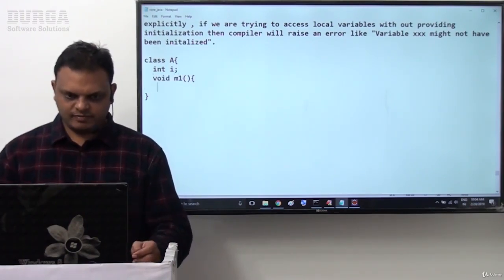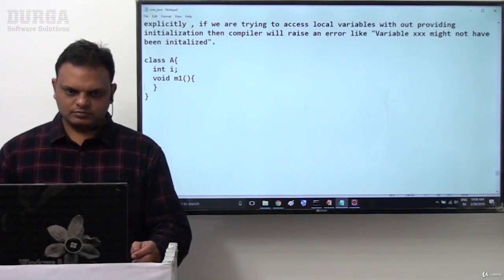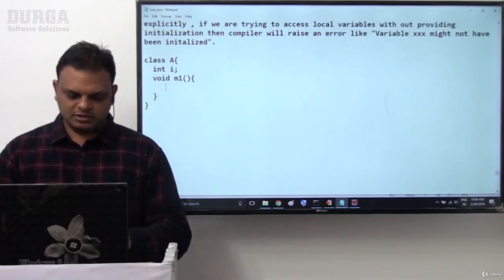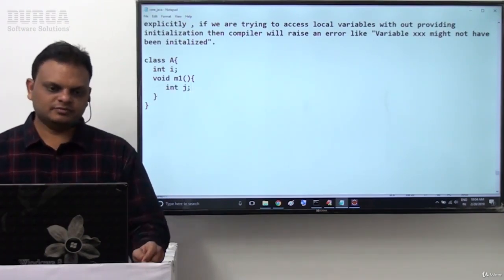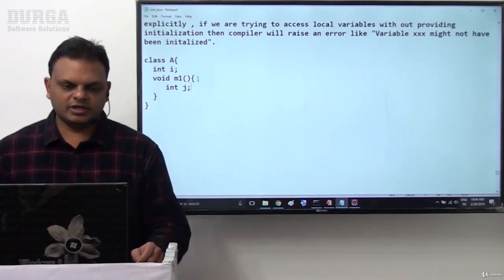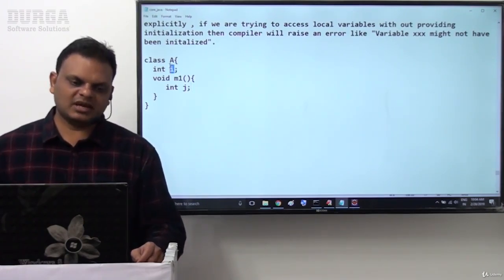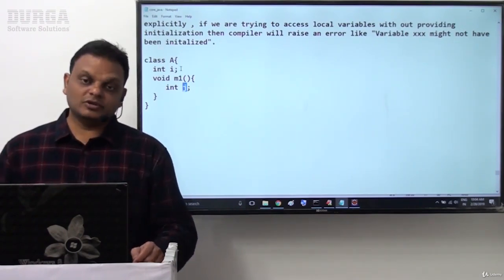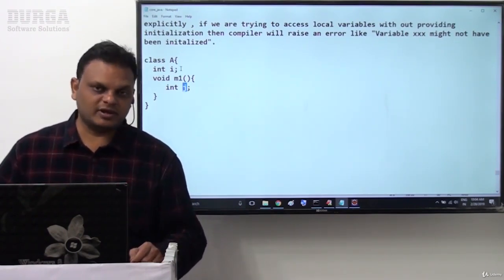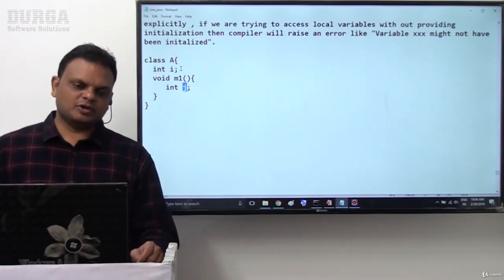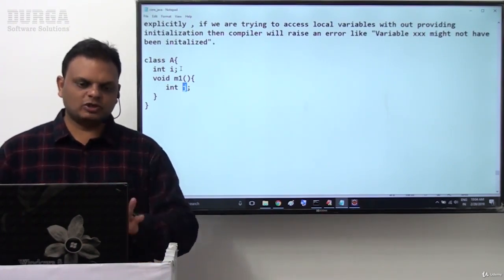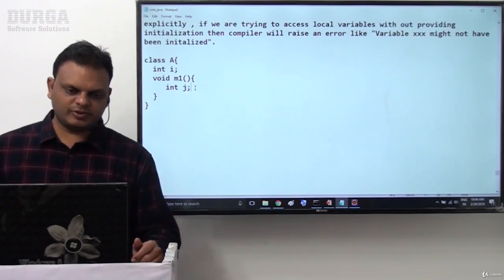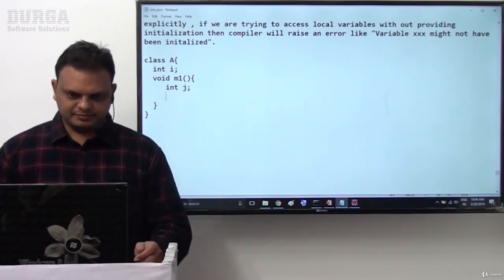Here the i variable is which one? A class level variable. The j variable is which one? A local variable. In both cases I have not provided any initialization. Up to now we are not getting any compilation error.